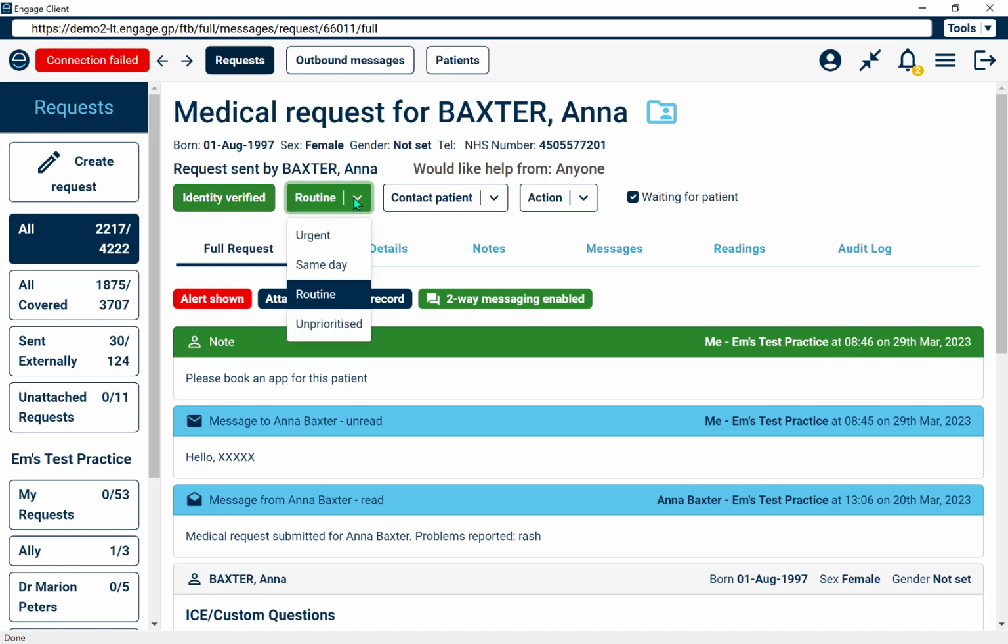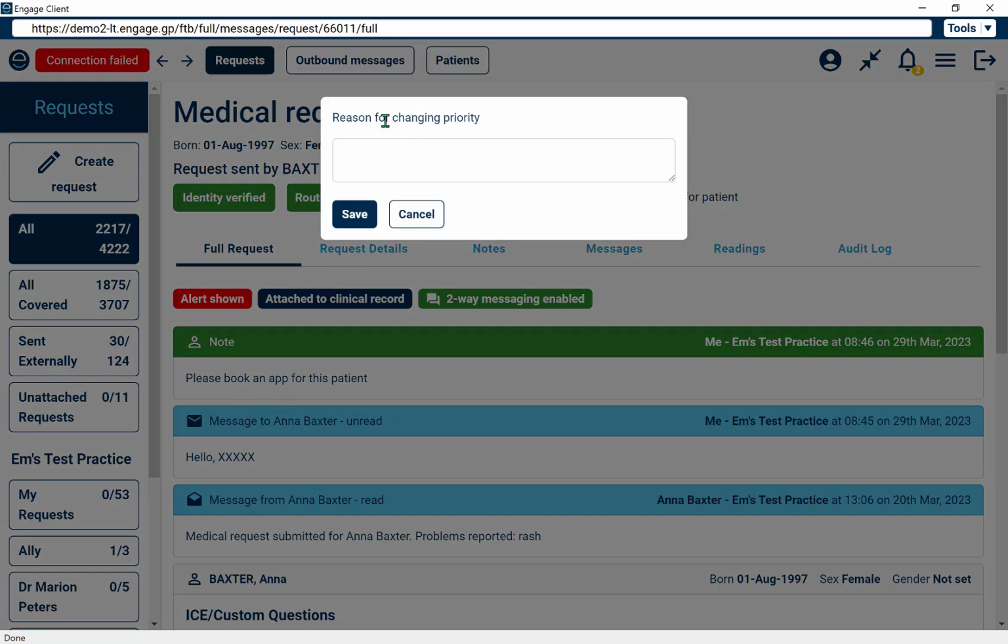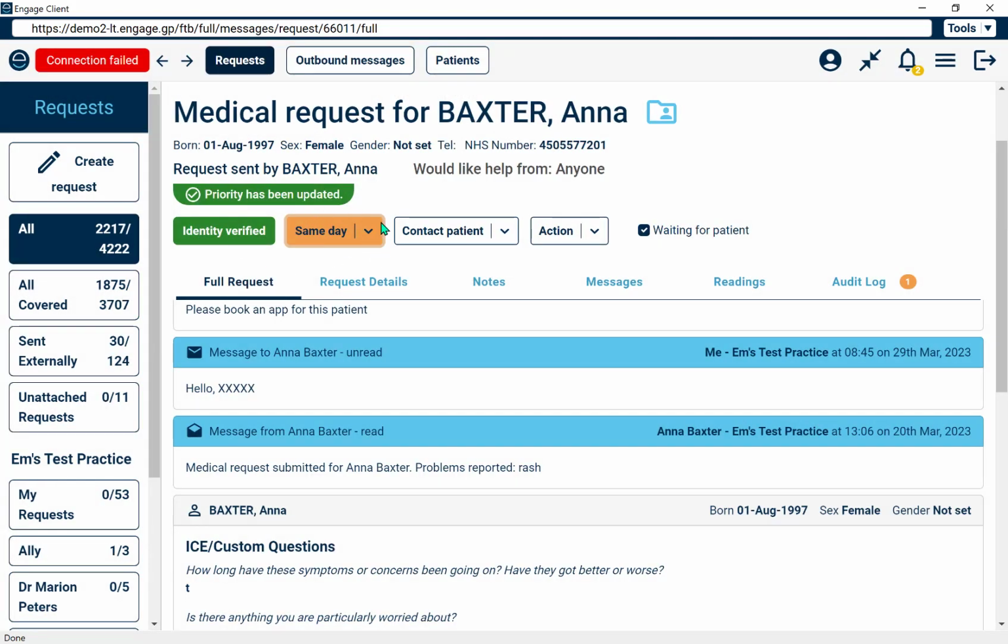You can set those priority tags, so whether it's urgent, same day, routine or unprioritized. So let's say I change this one to same day. I can write a reason for changing my priority and click save, and that will update the priority flag for